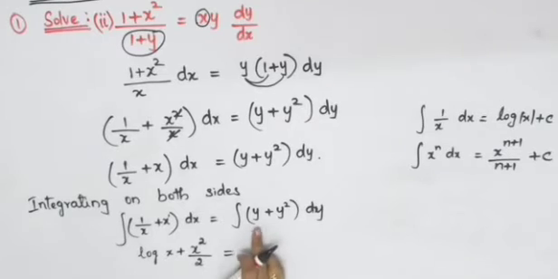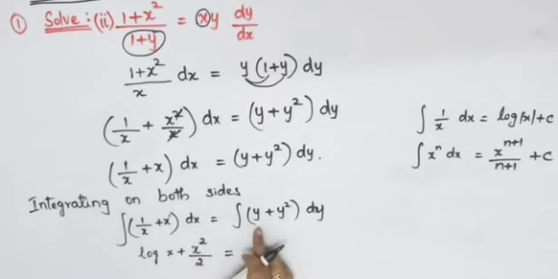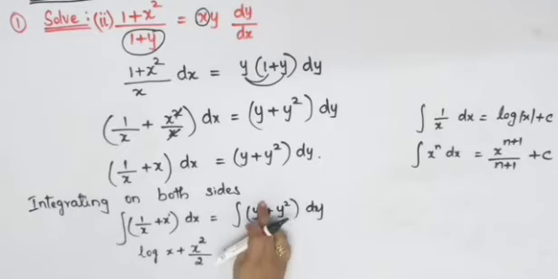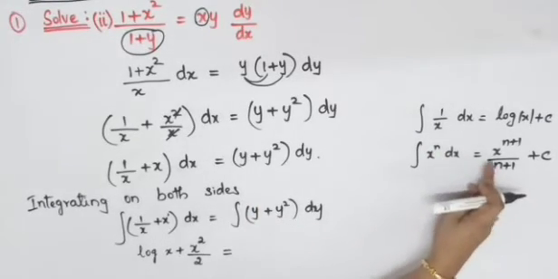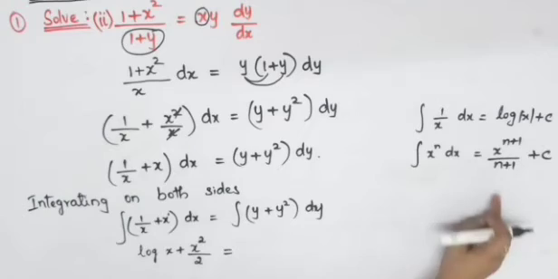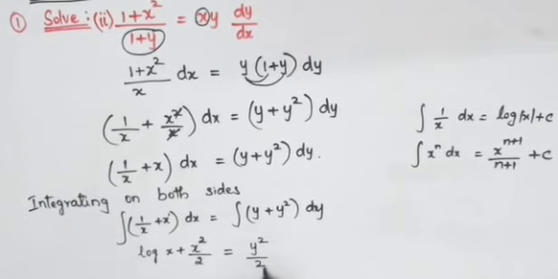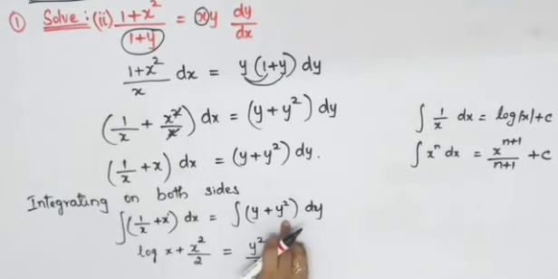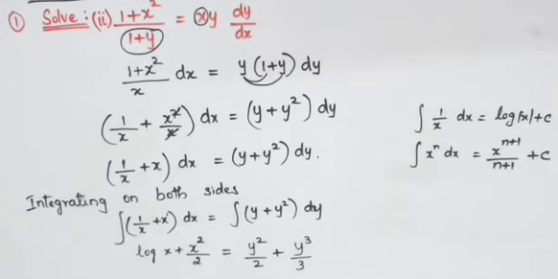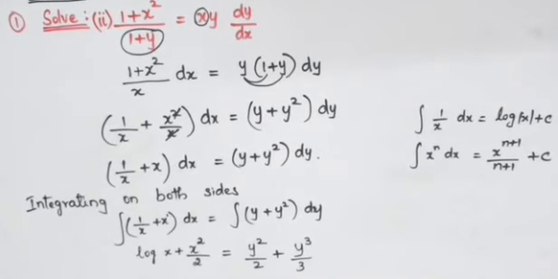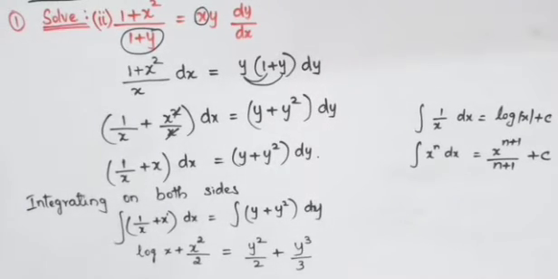That is equal to, here y again. Like what you have done for x, you will have to do for y also. So y power 1, again yⁿ, so yⁿ⁺¹ divided by n + 1. So y¹ becomes y² divided by 2, plus y² becomes y³ divided by 3. So you write the power plus 1 divided by power plus 1, plus c. Now we have done the integral part.